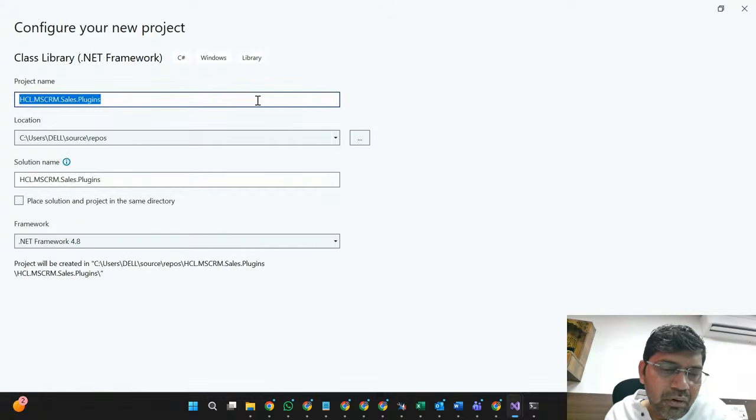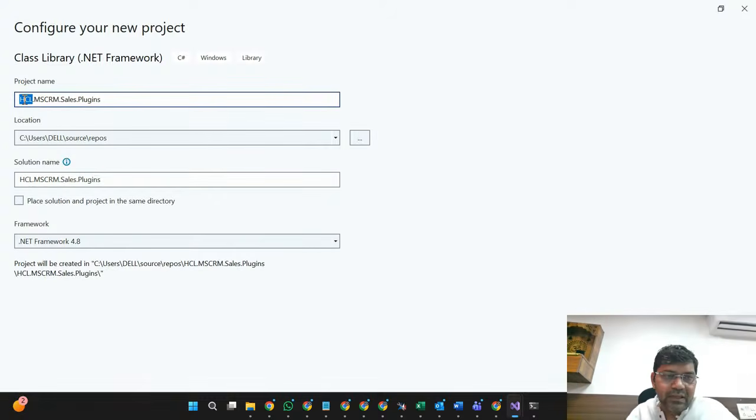You have to follow the process so that everyone understands, hey, this particular plugin code is related to the sales module, and that is related to the MSCRM project. So this particular code may be stored in the repo. Even they can easily understand, hey, in this HCL account, this is maybe related to a specific project. Account means company name or any specific project.